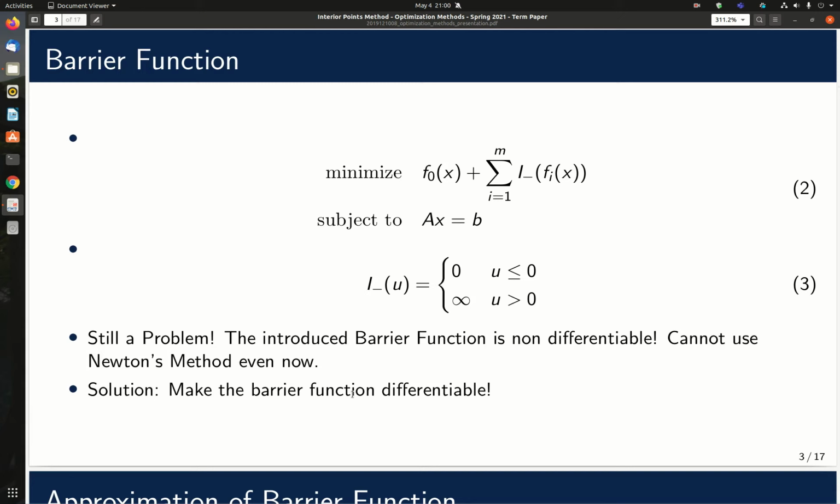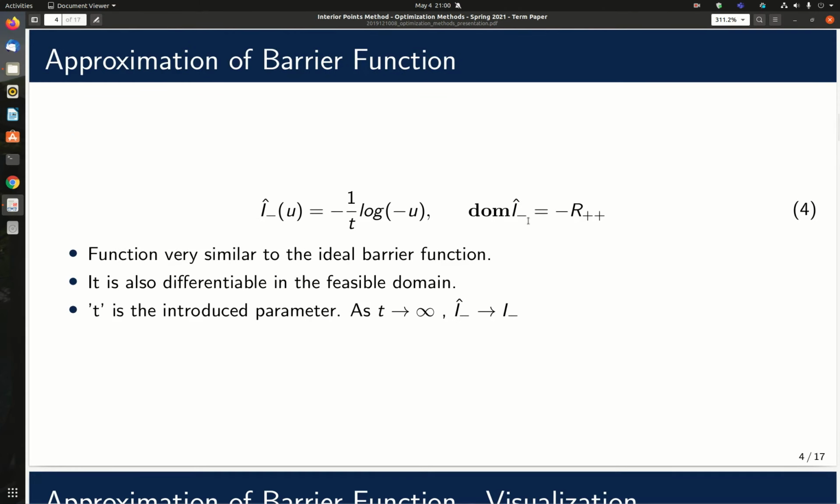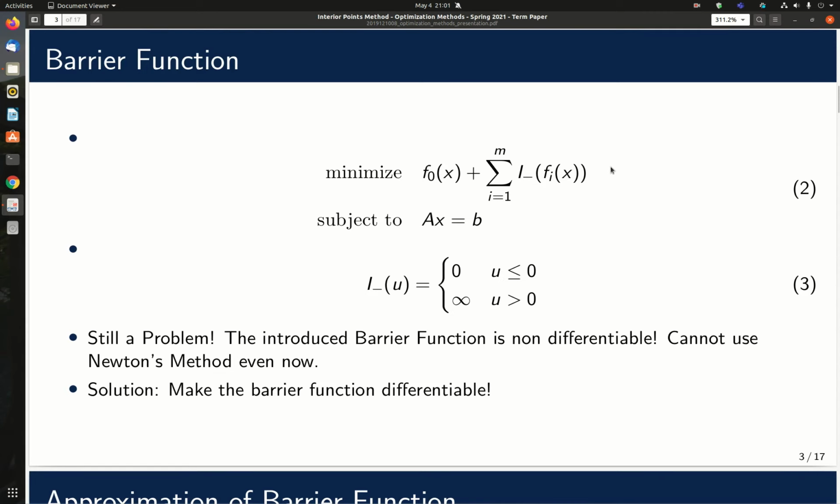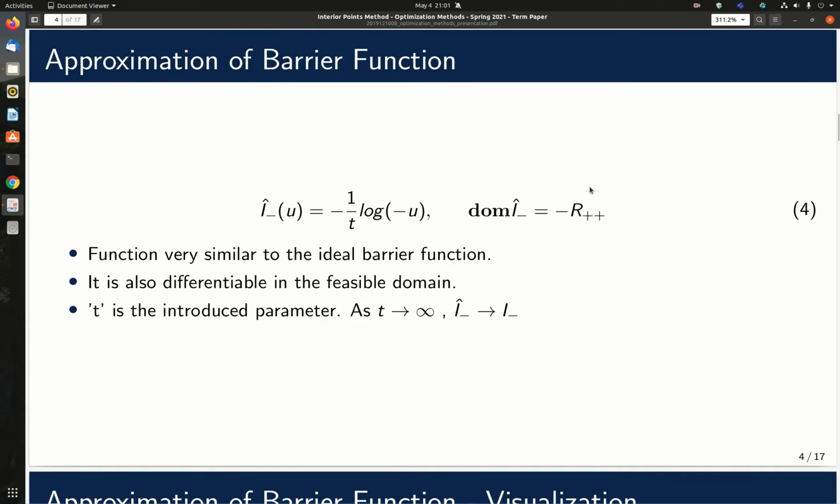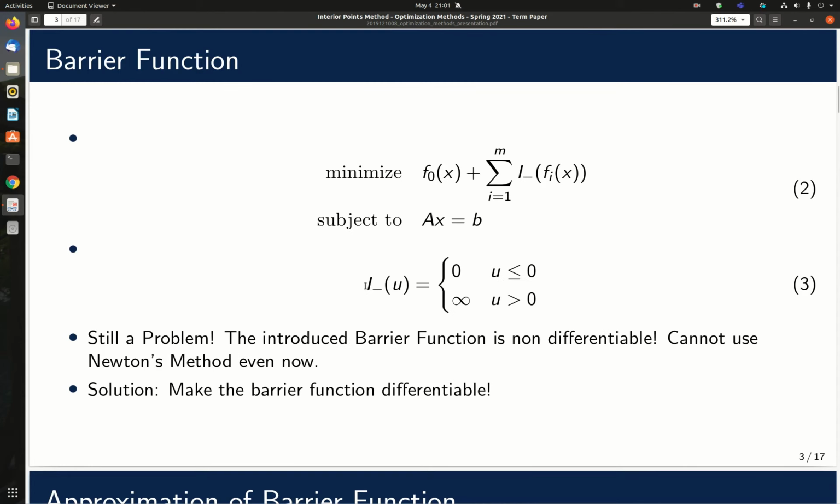Although we eliminated the inequality constraints, we have brought another problem upon us. We cannot use Newton's method even now, and the reason is that this barrier function is non-differentiable. So what is the solution? We make the barrier function differentiable. This is an idealistic barrier function, but instead of that, let's try to make an approximate barrier function that behaves very similarly to this I minus of u, but is also differentiable,